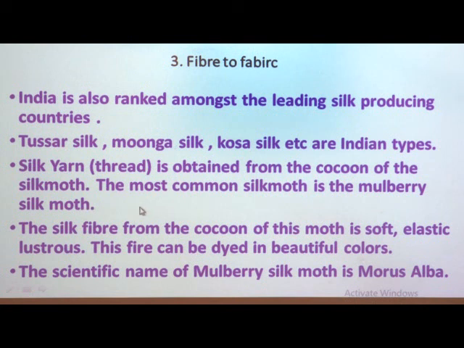Then silk yarn, as I also told you, is a single continuous fiber, called a yarn. That silk yarn is obtained from the cocoon of the silk moth. So what does silk moth mean? The silk moth is a female silkworm which is going to lay eggs on mulberry leaves, and this silk moth is the last stage of their life cycle. Okay, it means we can simply say they are the adult or fully grown stage of that silkworm.